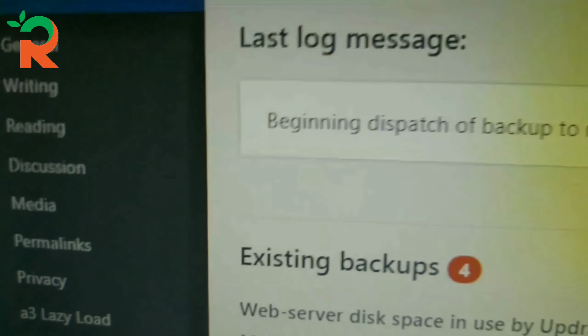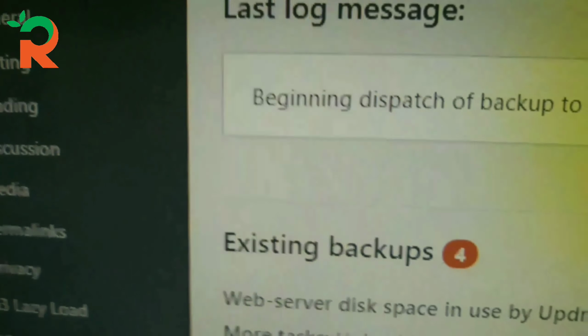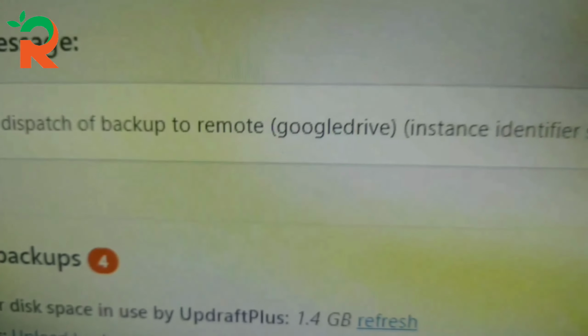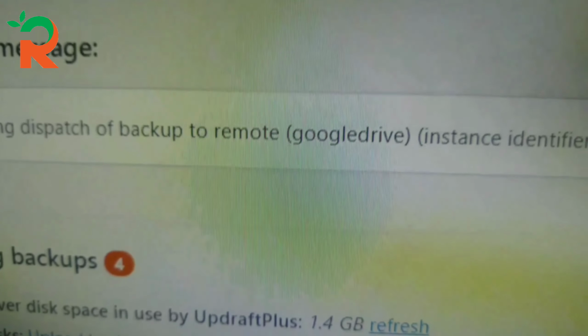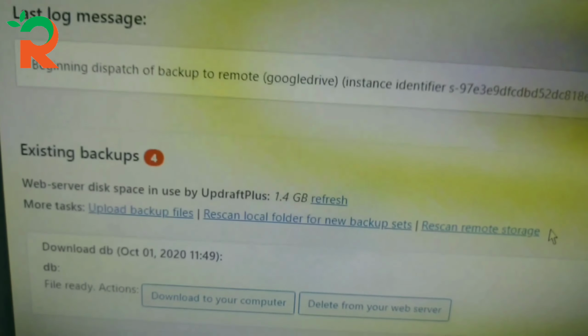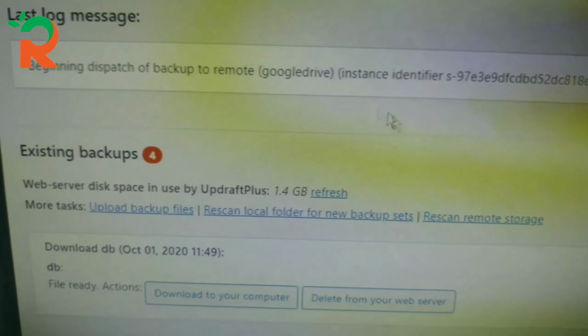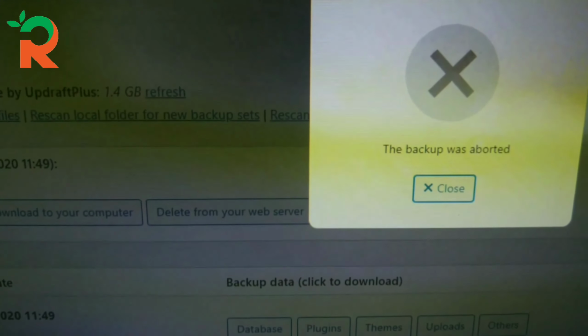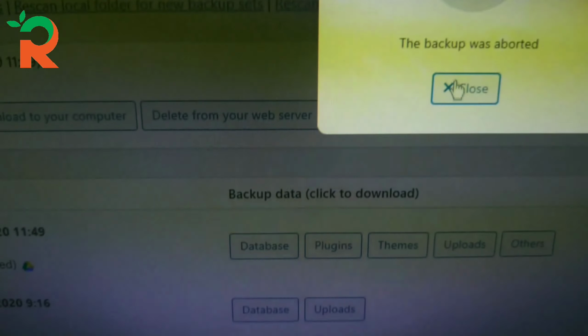Now if you look at the last log message, it shows beginning dispatch of backup to remote Google Drive. So at this instance, if it is not proceeding further, we can just stop it here. Okay, leave the backup like that. The backup was aborted. Click on close.